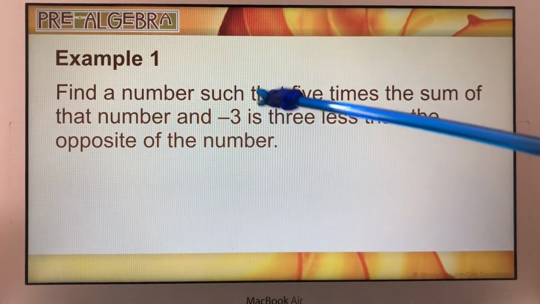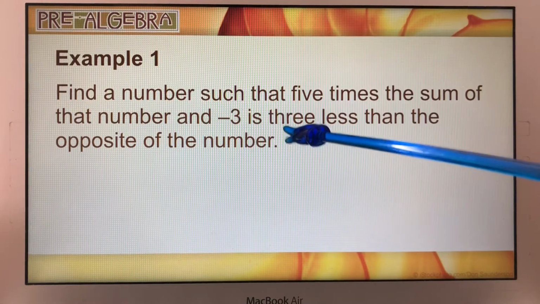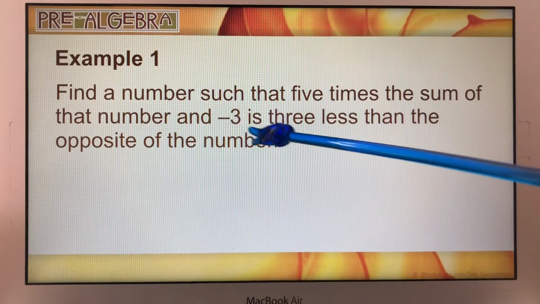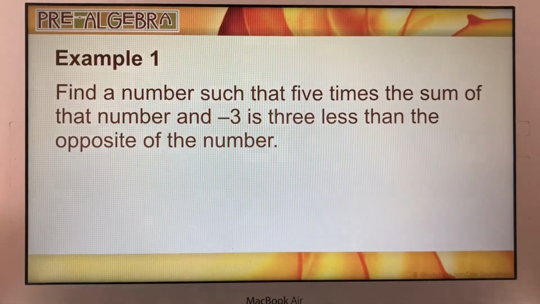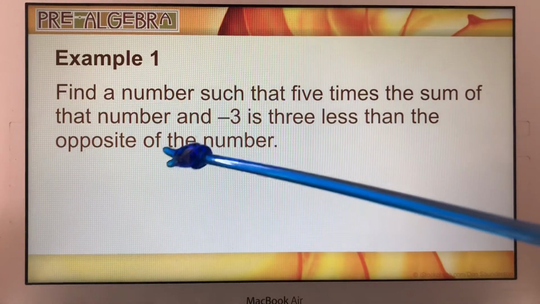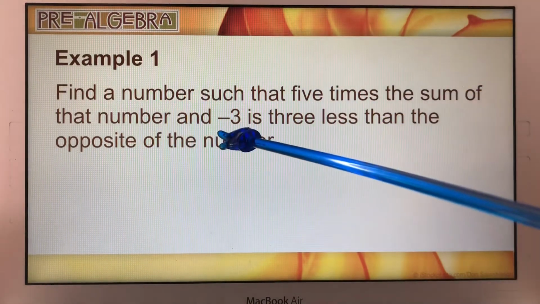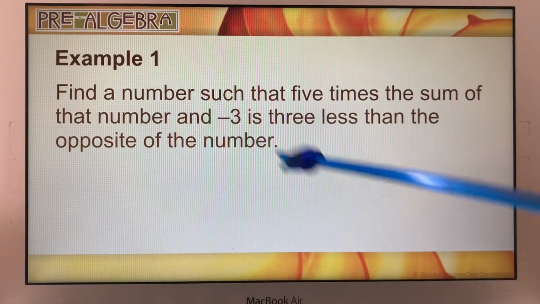Now, the first thing you should do is look at where the "is" is. Okay, now what did we say "is" should be? "Is" should be your equal sign. And so what you could do is take the first phrase, translate that, then you have the equal sign, and